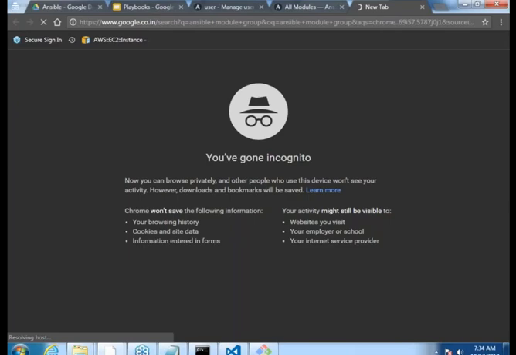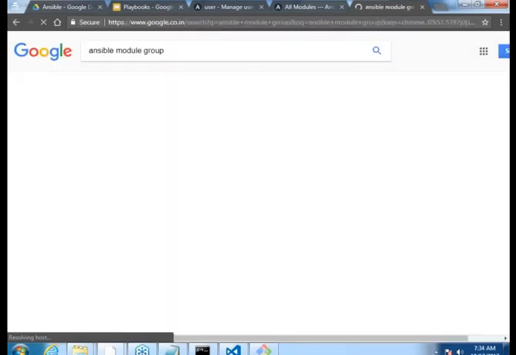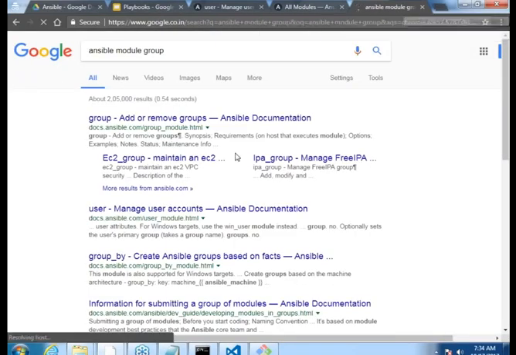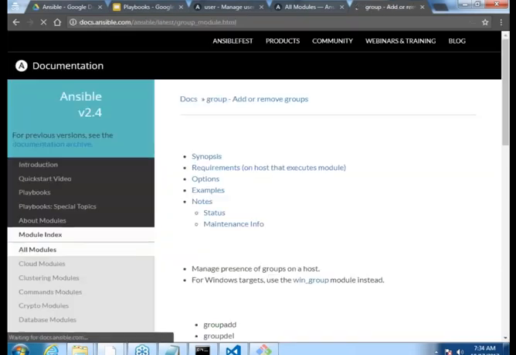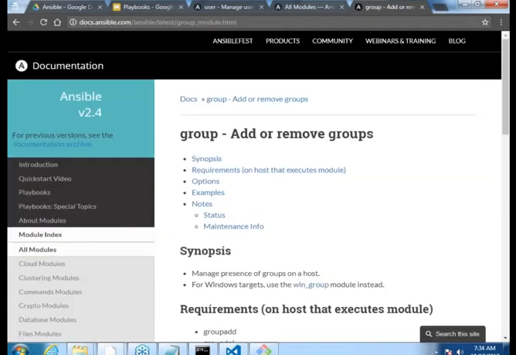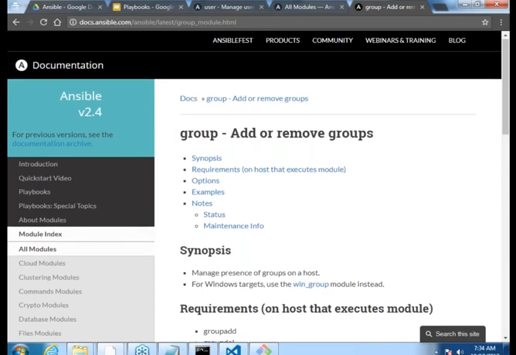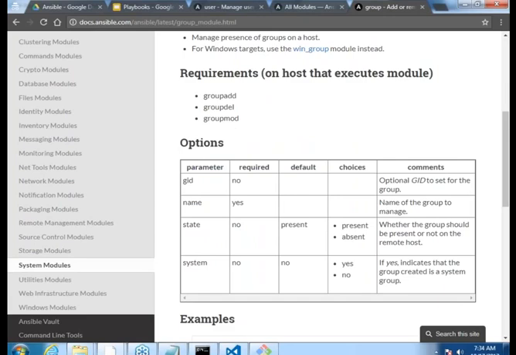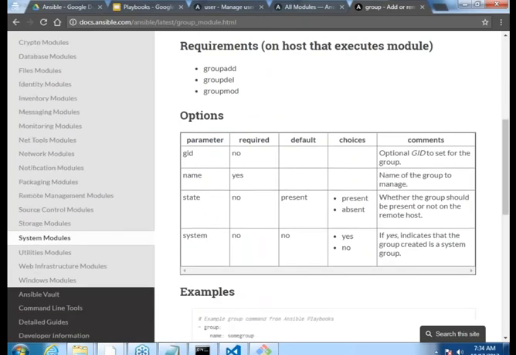group. Okay. Now generally whenever you create a user, you would try to add the user to a group, for example, admin group or whatever group it is. So if that is the case, how do I work on it? Fine. GID required? No, it is not required, but if you want to specify, yes, you can. Name is mandatory. And the state is the same, present and absent. Even if you don't give anything, it would try to create it because the default value is present.